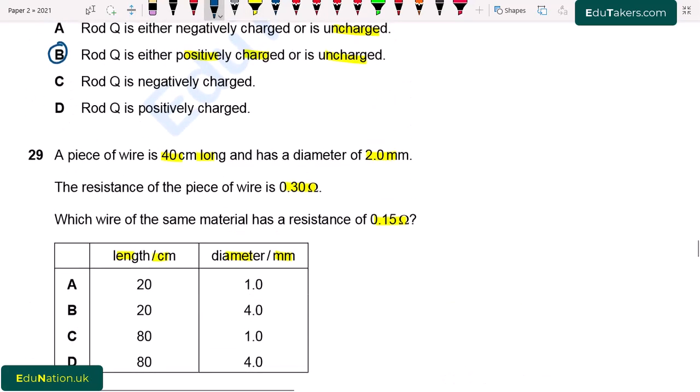So first of all, I write here resistance is equal to resistivity times length over area. The area of the wire is pi r square and here the diameter is given. Diameter is double the radius. So I write here pi d square by 4. It will be equal to 4 rho L over pi d square. So we use this formula and first of all find out the resistivity.